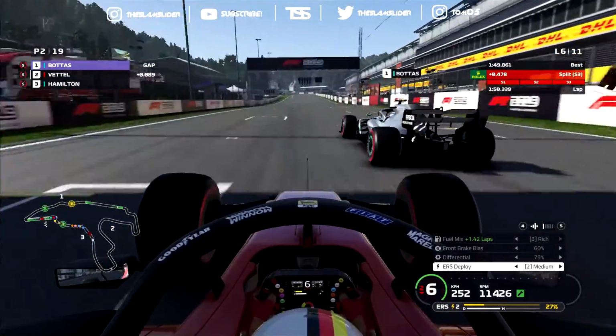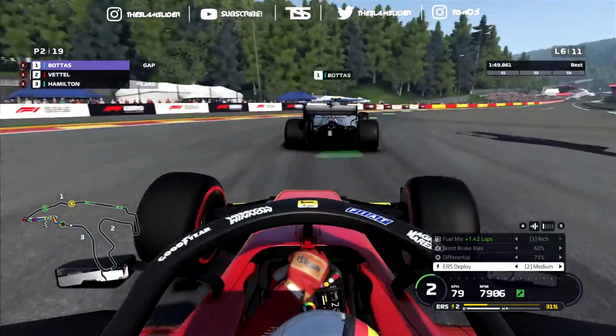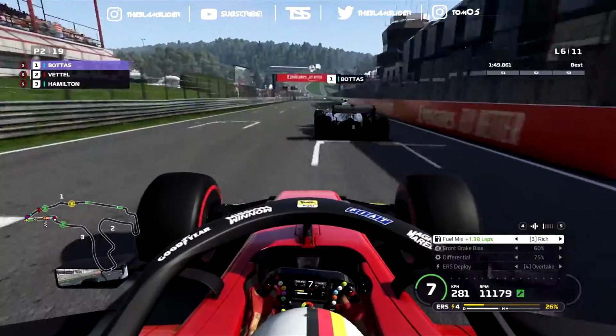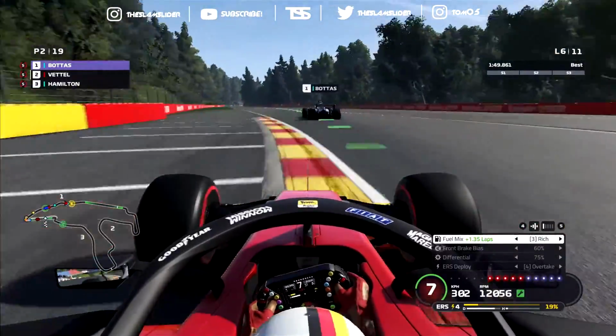But Valtteri Bottas gets a pretty decent exit. He has the ERS, so we have to stick with him. He's going defensive, so we're going to try to do another switchback, take a tighter line, and let's see if we can get it once we get the DRS. We're already in the slipstream of him. We are gaining time, going on overtake mode, so I decided to lift a little bit to have a little bit more breathing space as we go